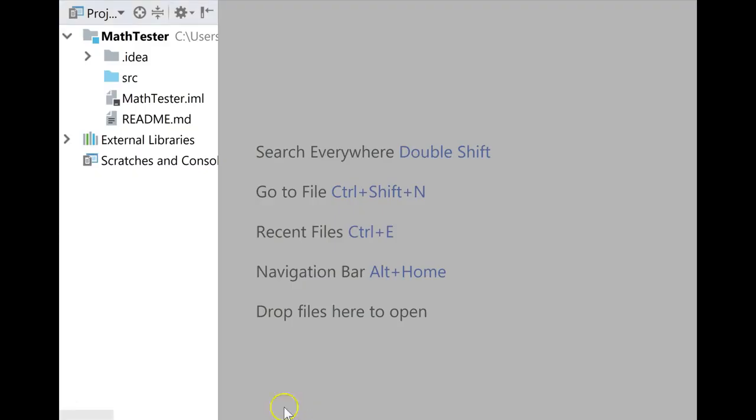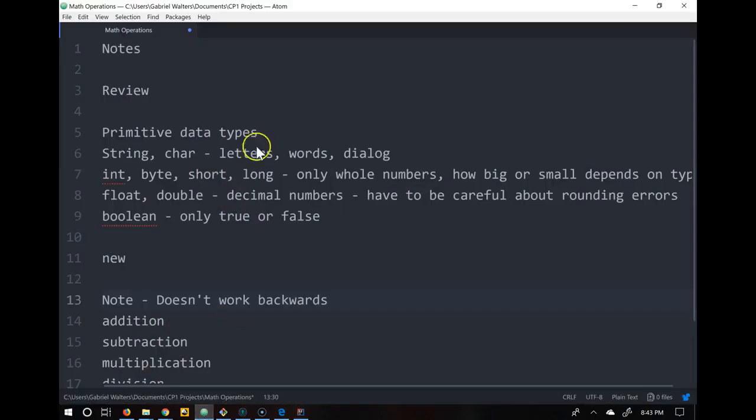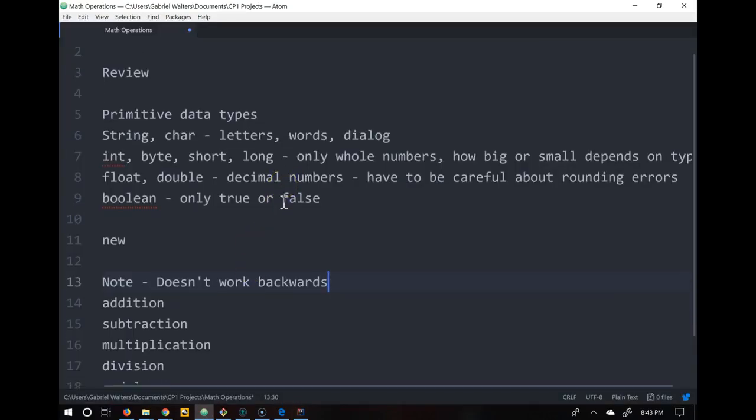All right, so we want to start playing around with, and my screen looks funny because I'm in presentation mode, so you can see it better. Let's open up Atom. We want to first review what's going on because we're going to start doing more stuff with the